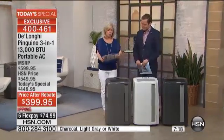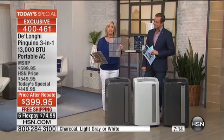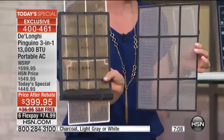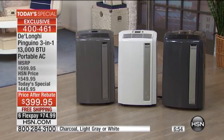Yes. Okay, another thing that's exclusive, bio-silver technology right here. This is a permanent filter. It inhibits the growth of mold and bacteria. This is what other ones have, because think about it, they have all that water standing there. So you would be breathing this in. If it's in your master bedroom, you don't want to wake up with a sore throat or a stuffy nose. With bio-silver, it inhibits the growth of mold and bacteria, so it's not recycled back into the air. You wake up, you're cool, and you're